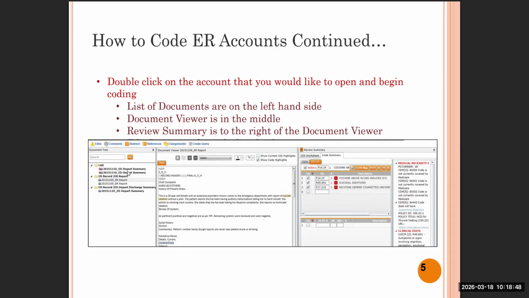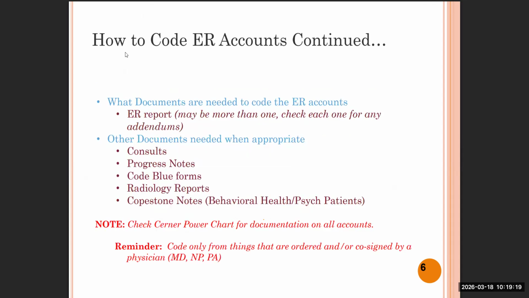Date of service, ED department service, ED ER reports. You will see the medical records. Once you double click, it will open like that, and you will see the medical record information. Here is your summary review. You need to add the ICD diagnosis code here. Below, you need to add the CPT codes and modifiers, with related units and descriptions. Once you have added them, those details will be present. The next topic is again how to code an ER account.